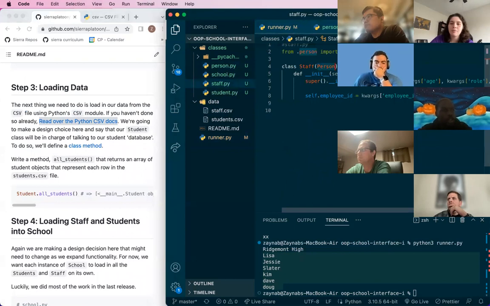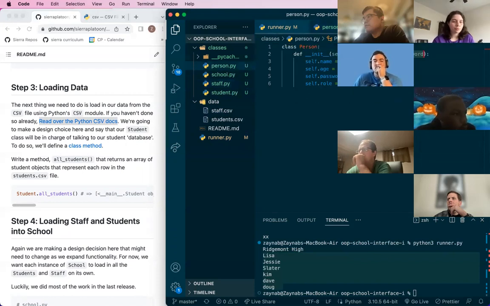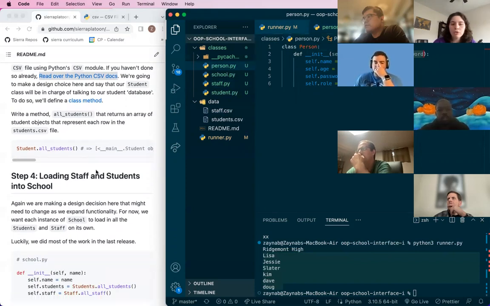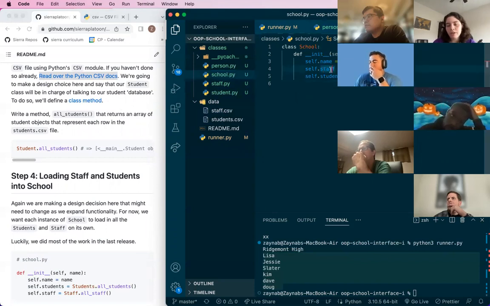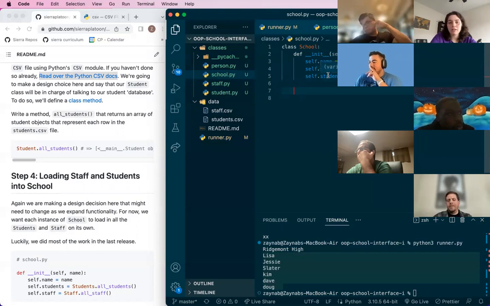Oh, yeah. We did that part when we were building our classes. Is that where we would build it, inside person, so it automatically goes to both of them? You don't have to, because we also have the school class that was created. So the school will likely have the information for staff and students. So in here, we want to create a method to add a student, add a staff member. So in here, we could say,